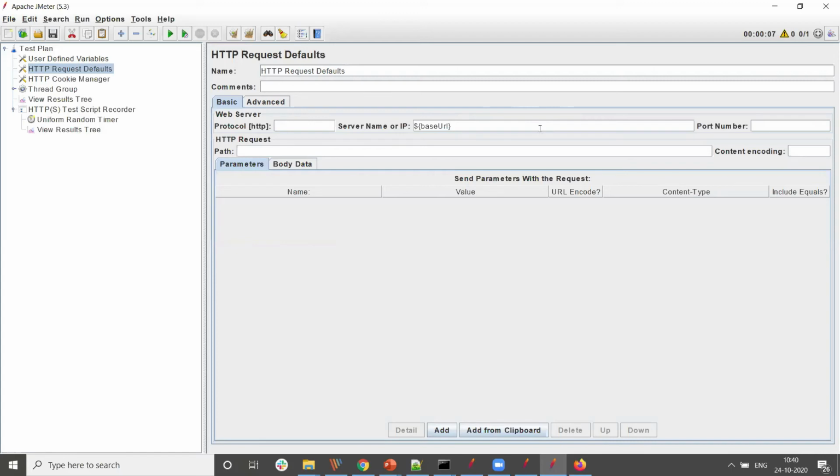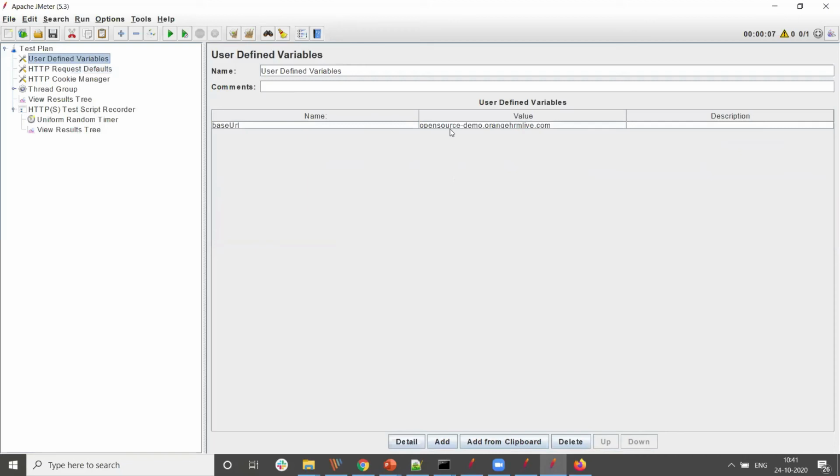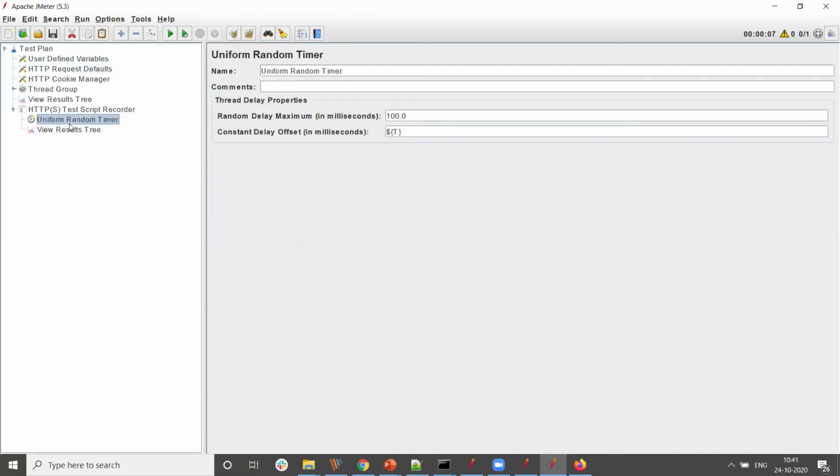Whenever I want to change it, I don't need to change each and every script because you will have 100, 200, 1000 different requests. You cannot go to each request and change your server IP. What we can do is define a variable and put the variable over here. So I just need to change it from here. Now you can see this uniform random timer. Within around 100 milliseconds, it will randomly take some figure and put that time delay between two requests.